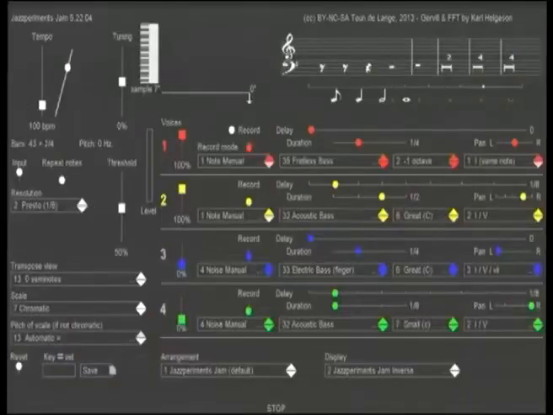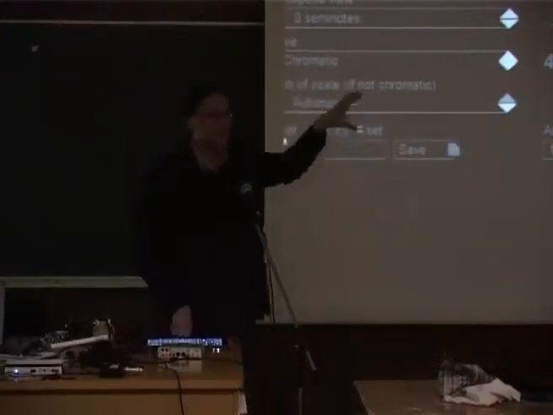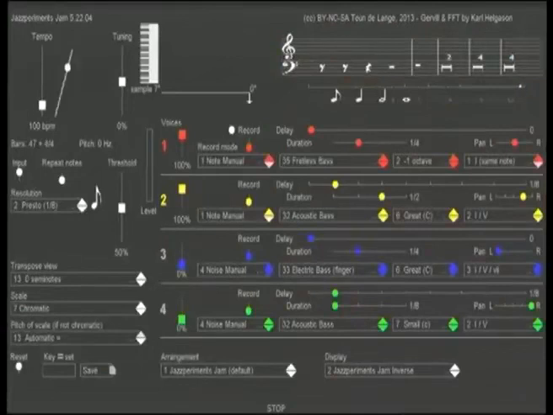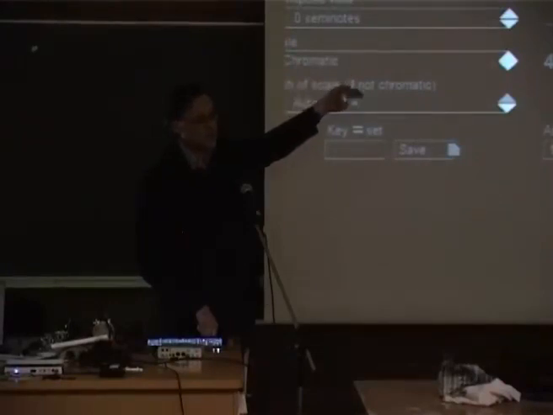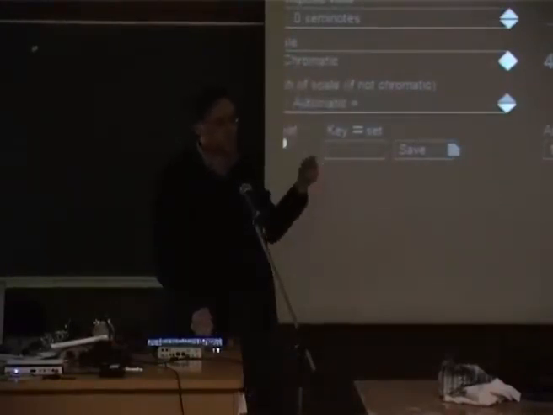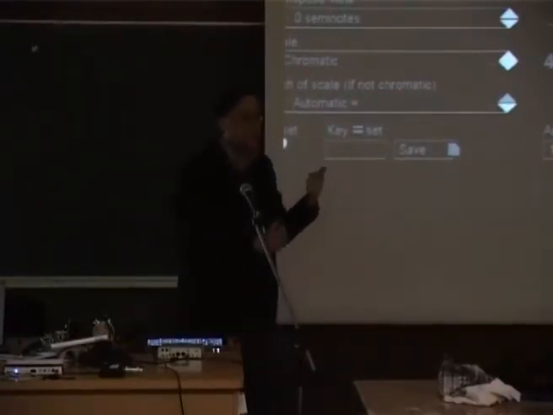The logic is that you have, and you can see that over here, it records notes manually. Then you have to switch this little button, and it records in this voice, a red, a yellow, a blue, or a green voice. There are maximum 4 voices. That's technically almost the maximum you can process. And so you can switch to note manual, note once, note automatic. That means that it will take tonal information, only record it when you want it, record it once and then keep it, or record it every time it has the chance to record something.